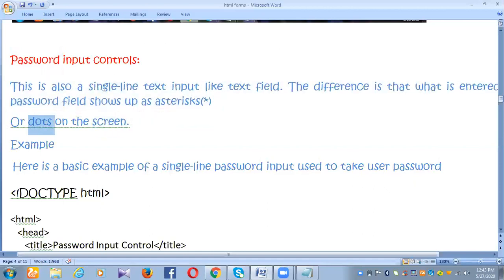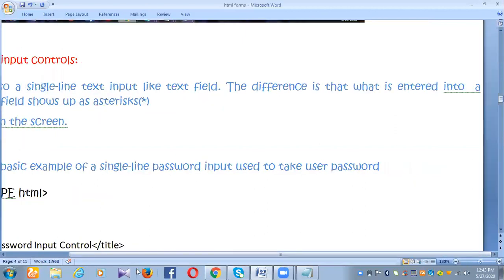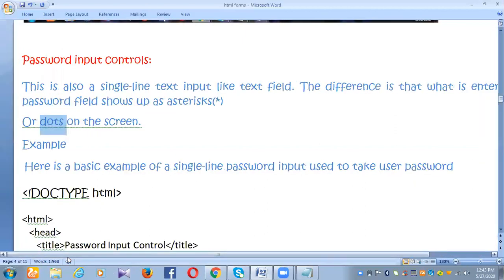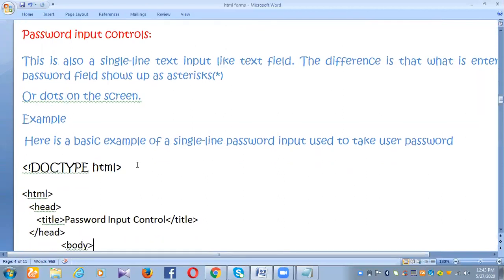Okay, this is also single line text input like a text field. The difference is that what is entered into a password field shows up as asterisks or dots on the screen. Okay, so let me take you through an example.